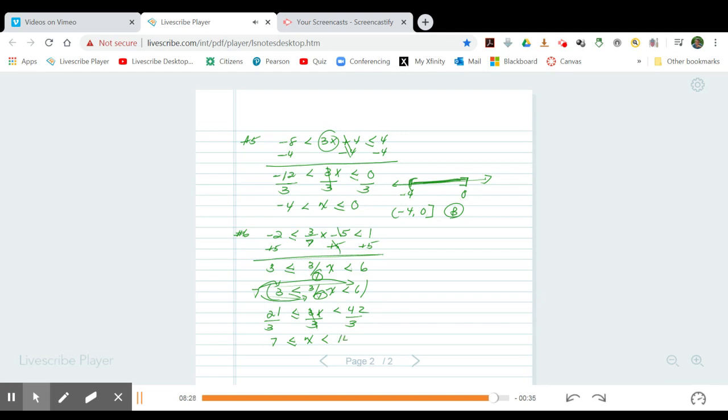So what we've got here is, if I make 7 and 14, I'm going to make this my 7 here and go way out to 14. I've got a less than or equal to, so that's a bracket. You've got a parenthesis, a strict inequality, on the back side here, and then you've got everything that's in between. So in interval notation, it would be a bracket, 7 and then 14, and then a parenthesis, and this is letter